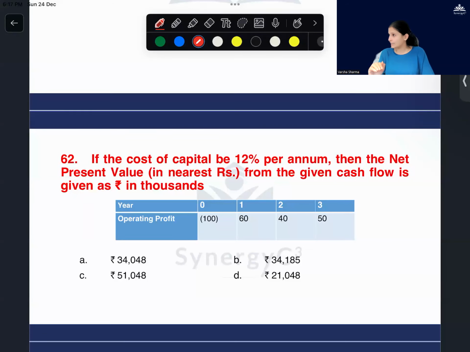Because if it is less than 100, that means I'm spending more than I'm going to earn. Yes? Yes or no? So my outflow is 100. My total present value from the 3 inflows after I backtrace them for today should be more than 100. For example, it comes out to be 130. So my outflow was 100. My inflow is 130. So I'm having a net income or net present value of 30 rupees. Clear? That is what the question is here.